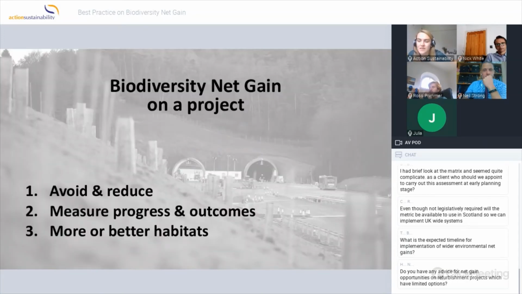So the first one is, how are temporary impacts that may be mitigated by new habitat creation taken into account in the DEFRA metric? Would it count as a loss and then a gain? Yes, good question. The metric does account for direct impacts only, and that direct impact can be a temporary loss or a permanent loss.